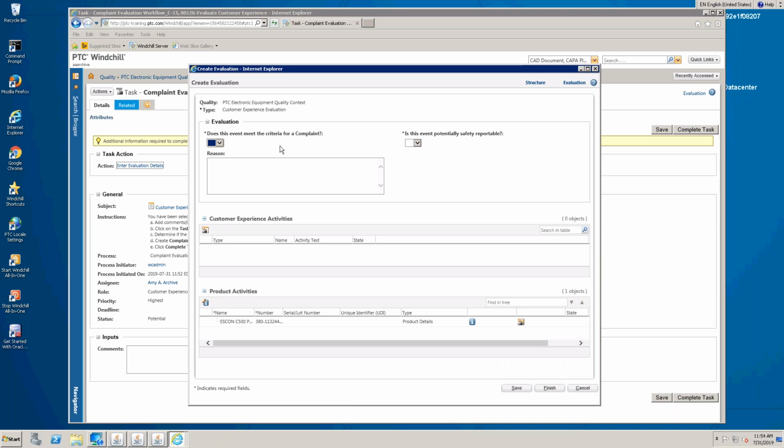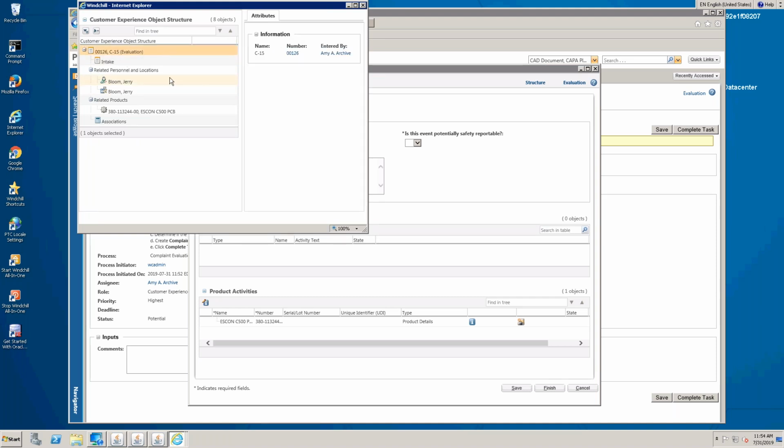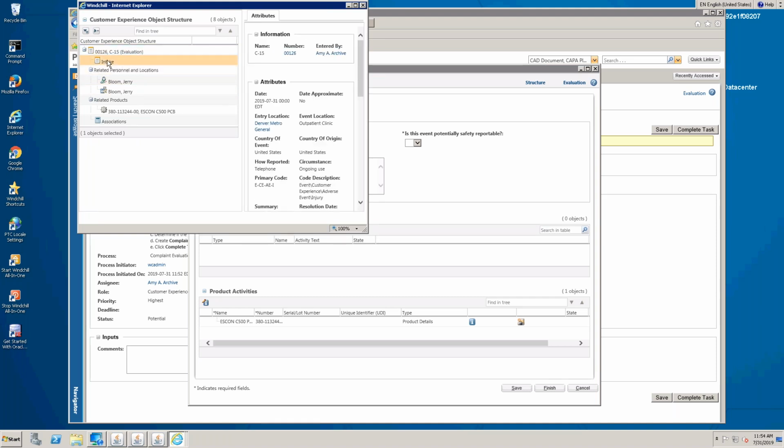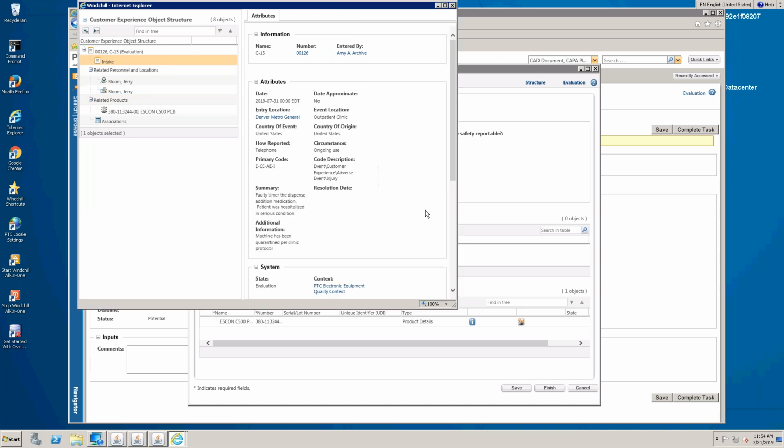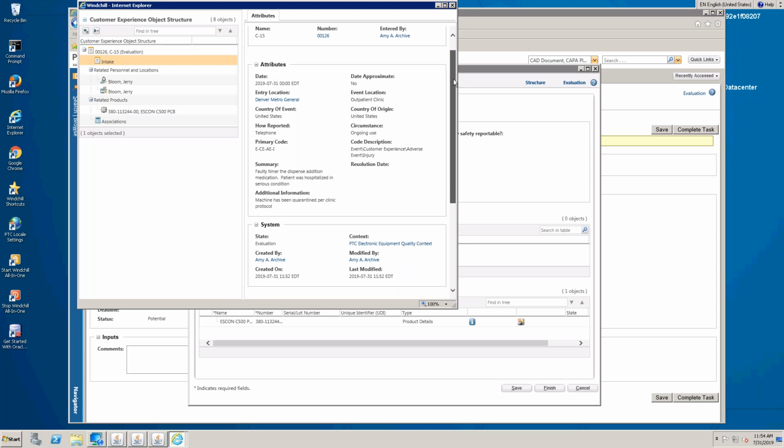So I've got the information. Once again, I happen to be in there as the same person, but because this is multiple people, they'll need to go in and actually be able to review the information. So up here in the top, there's a link for structure. When I go in and select on that, it will give me the structure of everything that we have laid out. So this is the actual evaluation right now. We're currently just in the intake stage, which is where we've now input the information. So we can now see everything that was put into that initial form